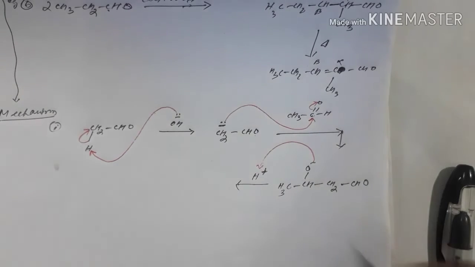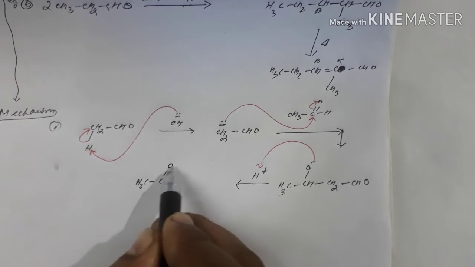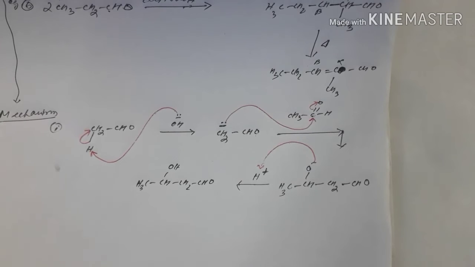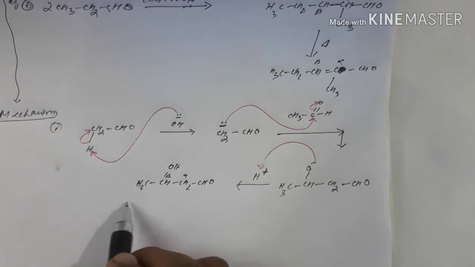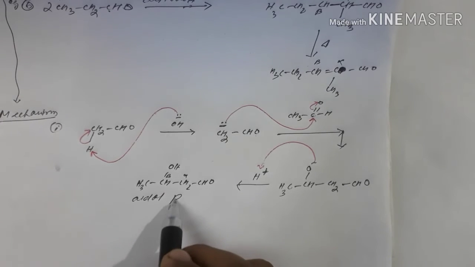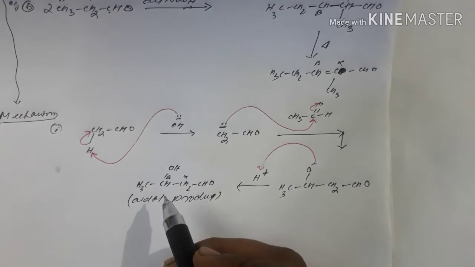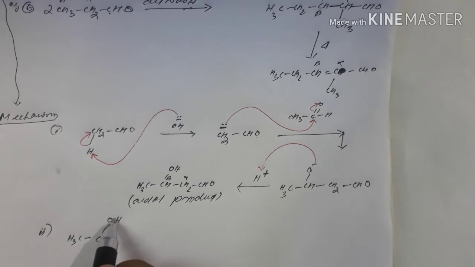So it will go and abstract the proton, and to simplify, it will become OH, and the rest is your same one, right? So this is the whatever. Now this is alpha, this is beta, so this is our aldol product, right? That means beta hydroxyaldehyde. Now let's talk about the second one. Now from this beta hydroxyaldehyde, it will undergo condensation.